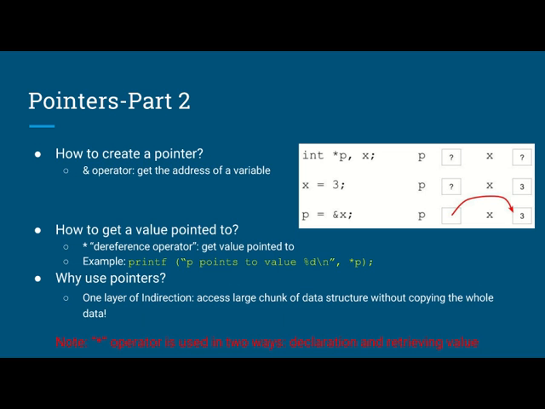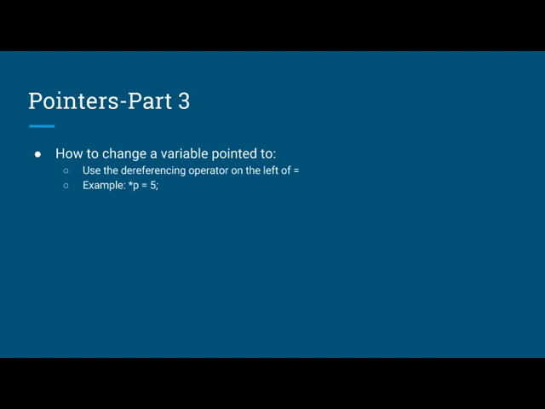And the second one here, we use this asterisk with p, which we use to get the value that pointer p points to. So there are two different uses of that operator. All right,